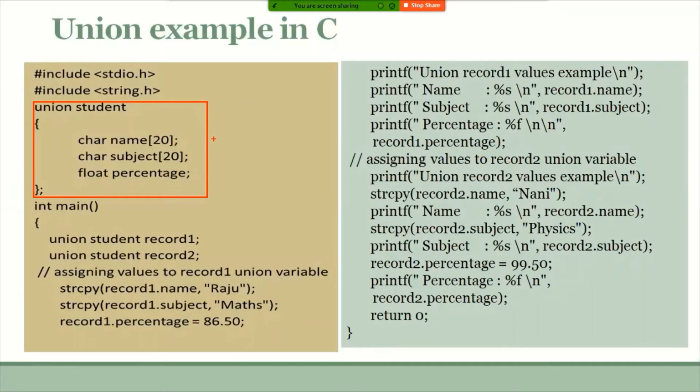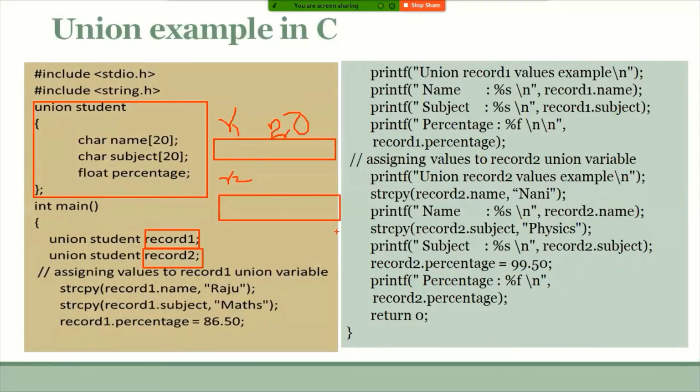So the compiler will allocate 20 bytes of memory. Then two union variables are declared, that is record 1 and record 2. The compiler will allocate 20 bytes of memory for record 1 as well as for record 2.